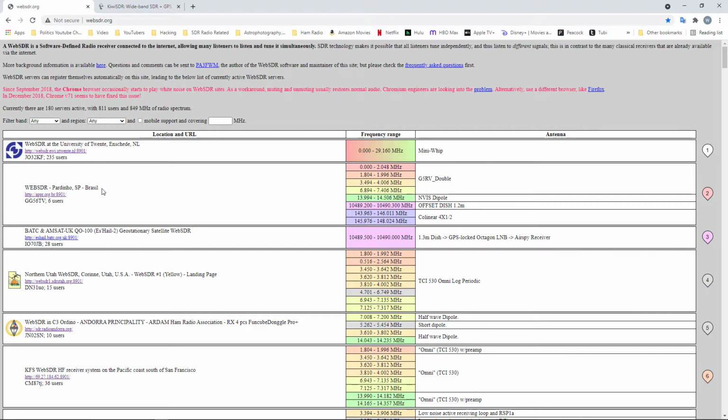It's in Brazil, and here's the link to that particular SDR, and here are the different bands that are attached to it. And it just so happens that they have the antennas for each of those bands or group of bands.